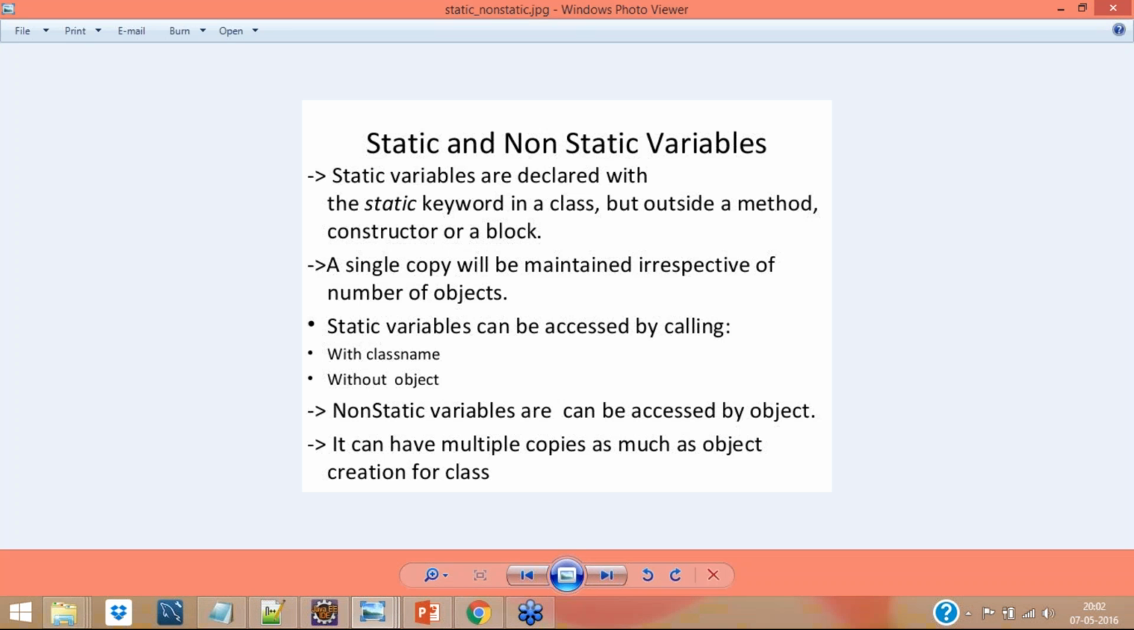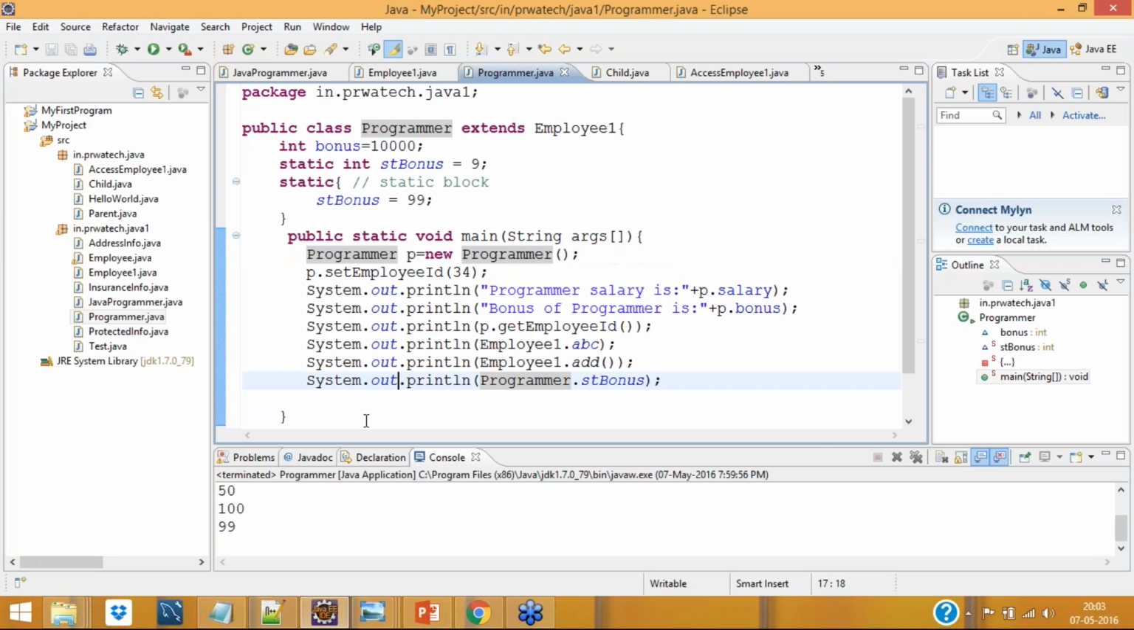Okay, that's the point. A static variable can be accessed by calling it with the class name and without an object. It doesn't require any object. Non-static variables can be accessed by an object. That's fine. It can have multiple copies, as many as the objects created for the class. You can have a number of things. Fine. That's all about static, guys. So let me cover